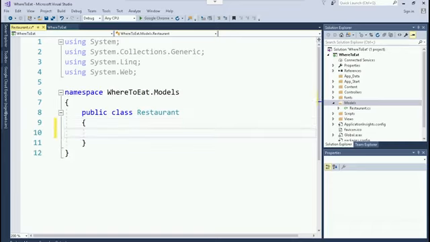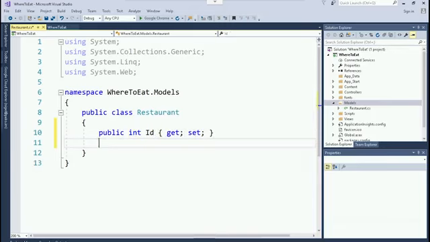I need to add some properties to this class. I'll start with the ID property. This will be an integer. We're going to use this to map each restaurant object against a record in the database using Entity Framework. I'll add some more properties for the restaurant name, city, cuisine, and price range.